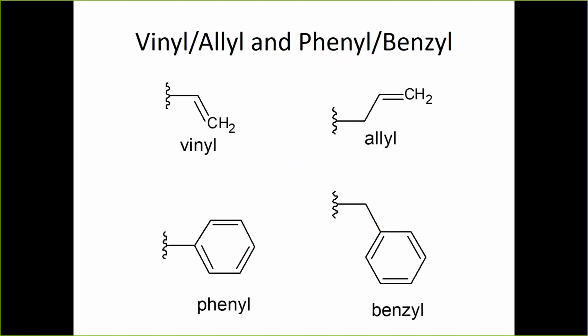So we've already talked about vinyl and allyl. If you look up at the top there, you see the vinyl again and the allyl again. And analogous to those, when we're talking about aromatic rings, an aromatic ring substituent is called phenyl, as I've mentioned, and that's the analog to the vinyl group. And then the aromatic analog to an allyl group is called benzyl. Okay, so the difference between them, in the same way that allyl has that extra CH2 compared to vinyl, benzyl has that extra CH2 compared to phenyl.